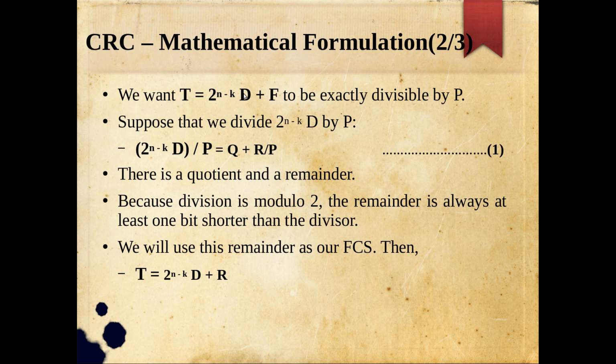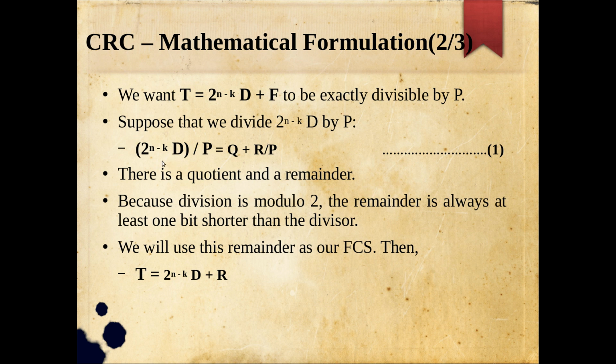In our example, we simply took our original message which is of k bits, and appended n minus k number of zeros. That is what we divided by our P, and we got a remainder. This remainder is what we replaced in those n minus k zeros positions, and that makes our F. Okay, like that we did our process. So that is what is happening.